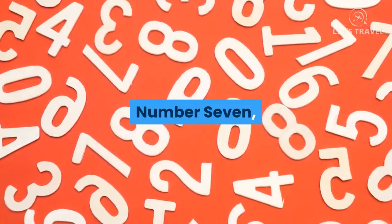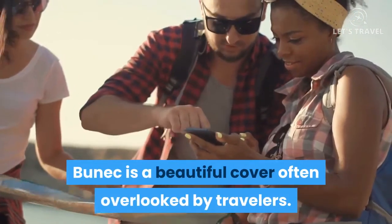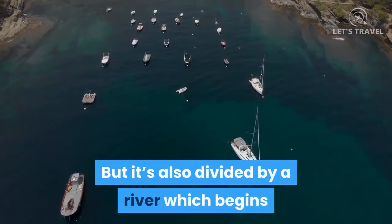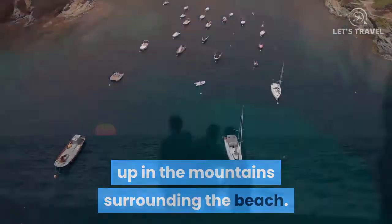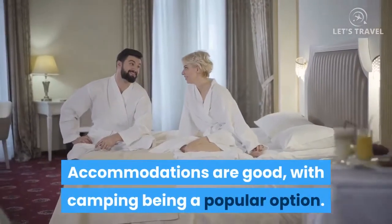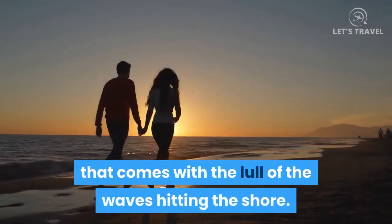Number 7. Bunik. Near to Saranda, Bunik is a beautiful cove often overlooked by travelers. It's quiet for a start. Definitely not the party beach. But it's also divided by a river which begins up in the mountains surrounding the beach. It's charming and unspoiled and has some pretty incredible sunsets. Accommodations are good, with camping being a popular option. This is the beach for those seeking the inner silence that comes with the lull of the waves hitting the